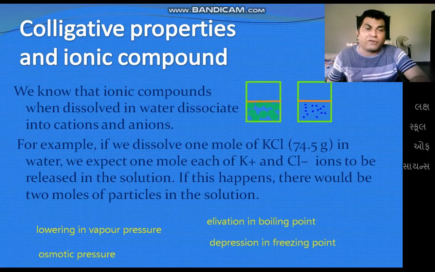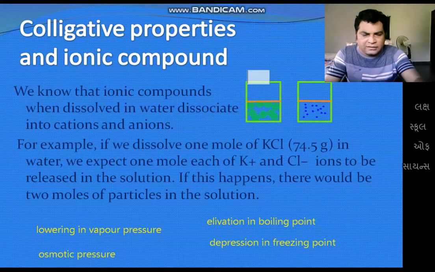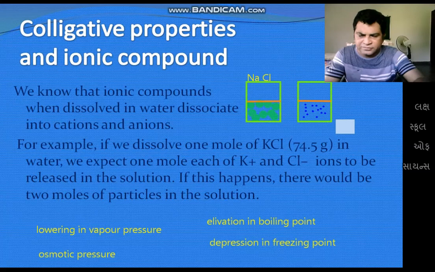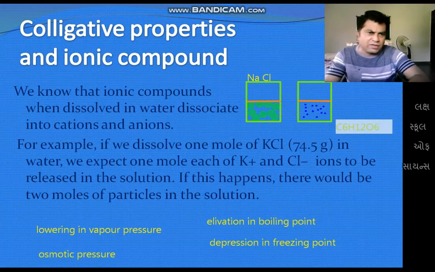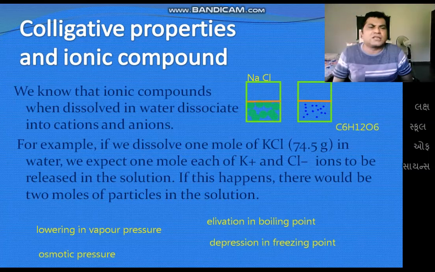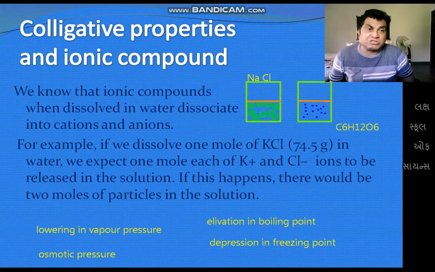Now take out the formula of salt. The formula is NaCl. Okay, this is the formula of salt. And the glucose formula, everyone knows, is C6H12O6. This is the formula of glucose. Okay, so now what is the difference between these two? Where is the difference? The difference is very interesting.